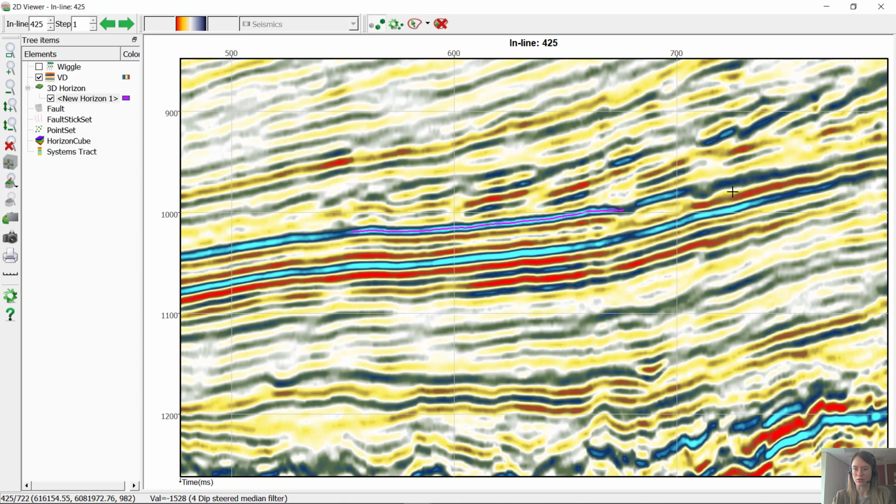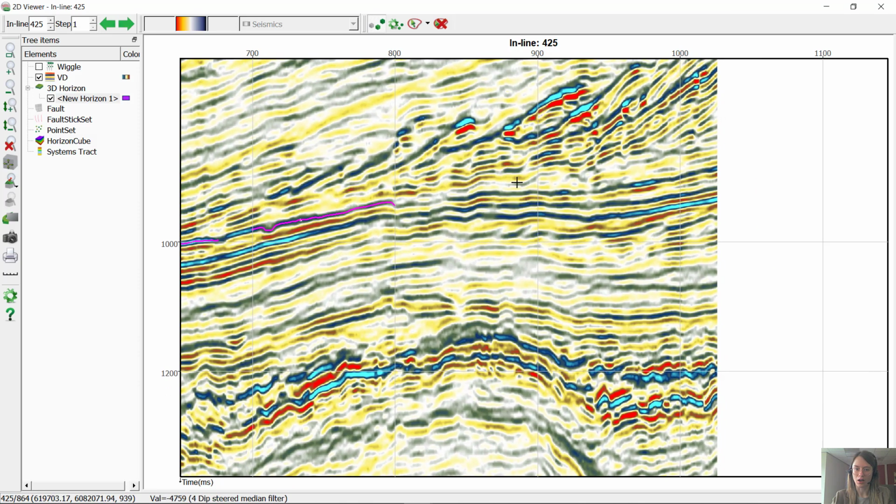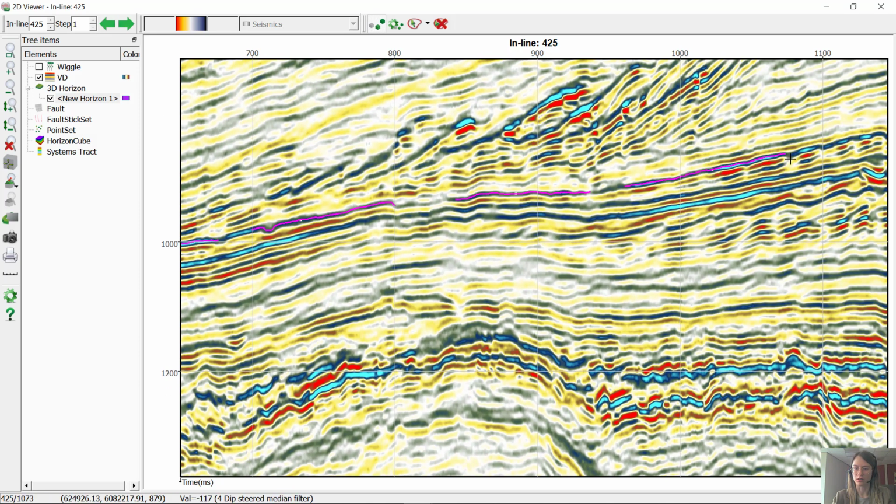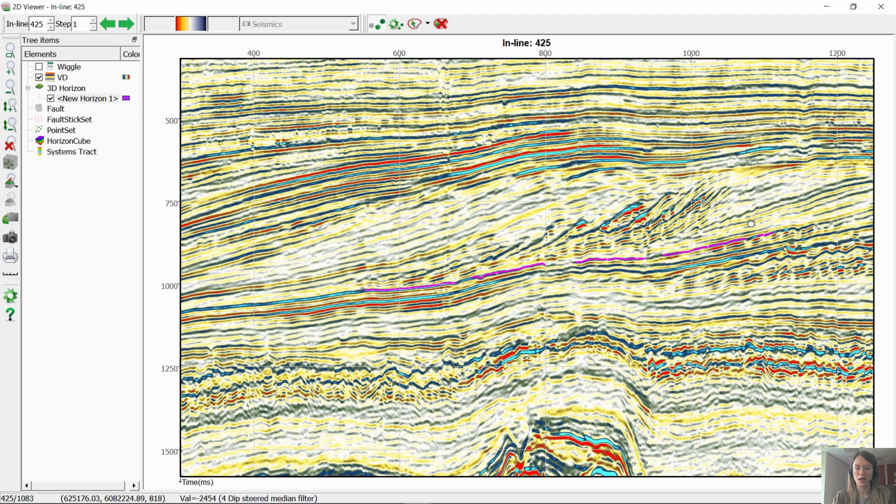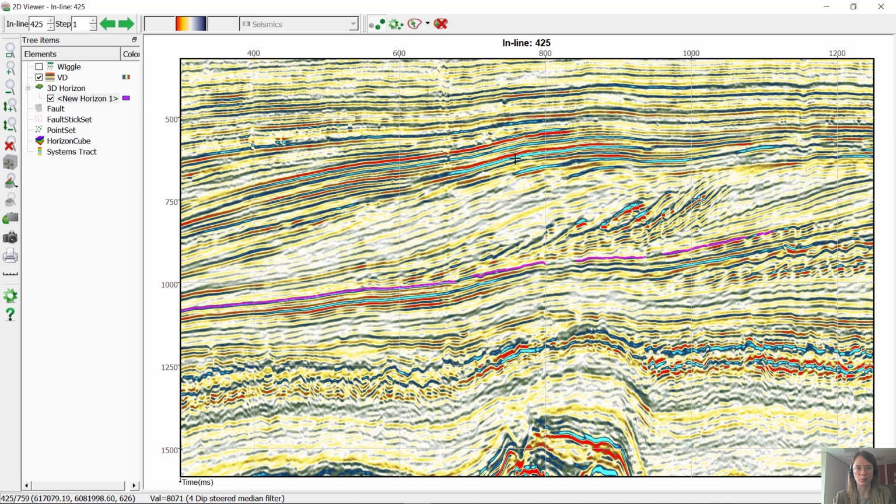Okay, this magenta color. I'm going to pick a few more seeds, and as we mentioned that we are going to track on every 10th inline, in this upper left corner you can set the scrolling step to 10,